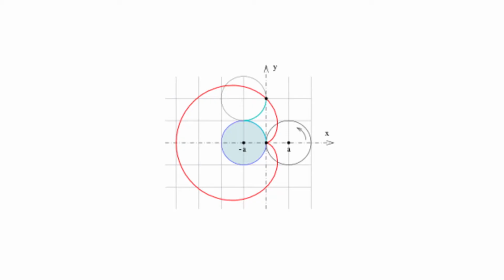Let two circles of radius a be placed as in the figure. When we start to roll the right side circle around the fixed left circle, let the point where the boundary of the circles intersect be the origin (0, 0) and the centers of the circles be given by the Cartesian coordinates (-a, 0) and (a, 0).